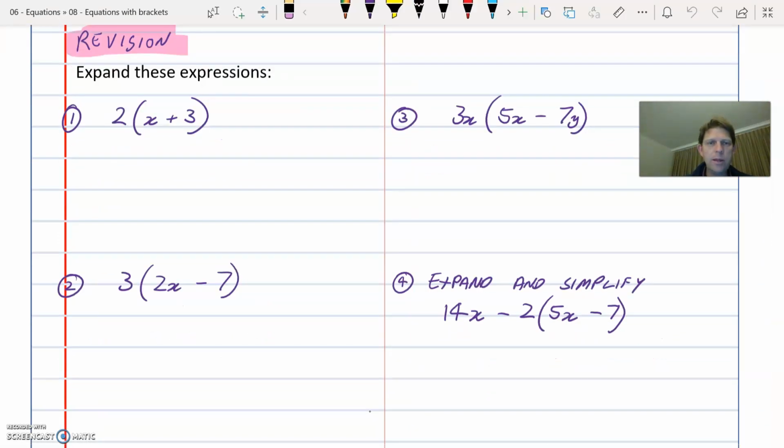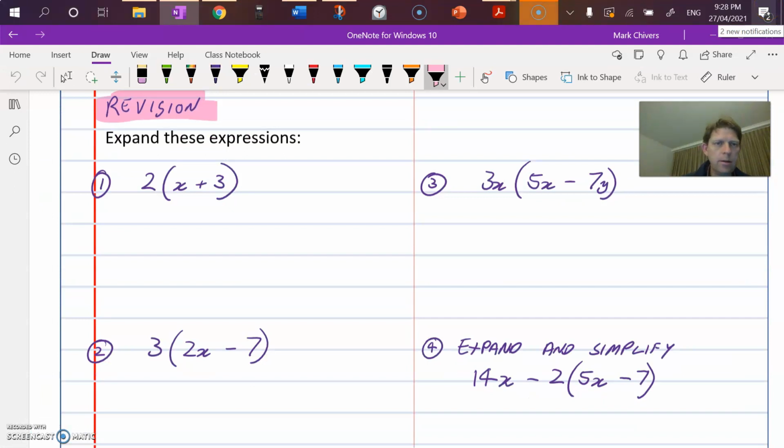I'll just make the screen a bit bigger there. Actually, no, I won't do that because then I'll lose this. There we go. Leave that alone. Okay, so